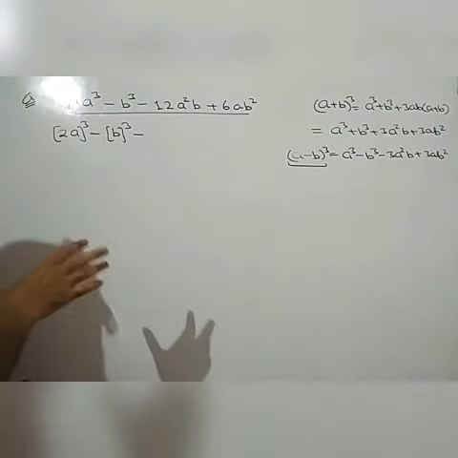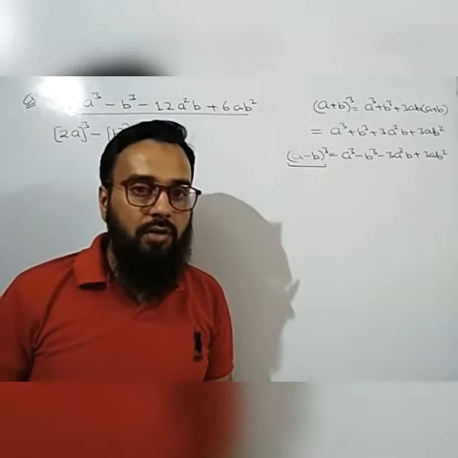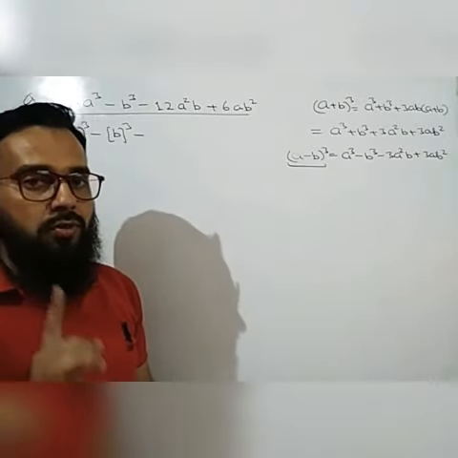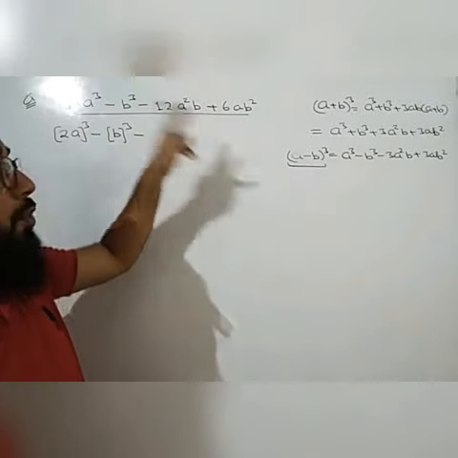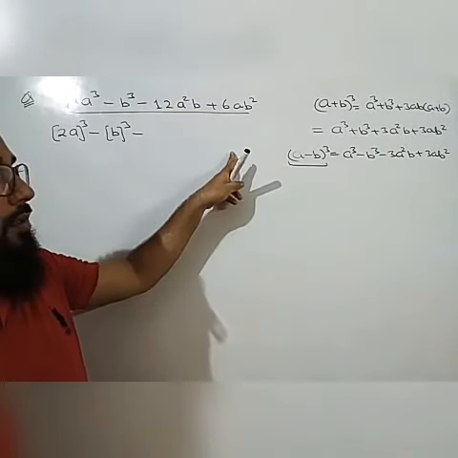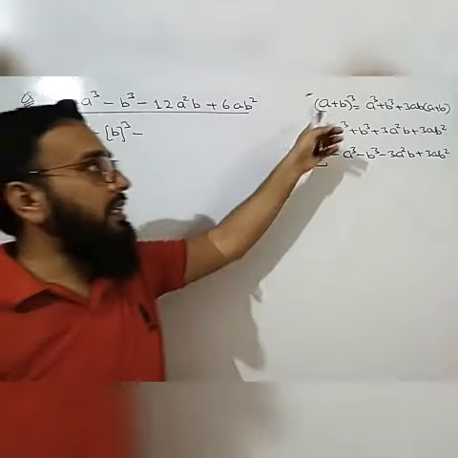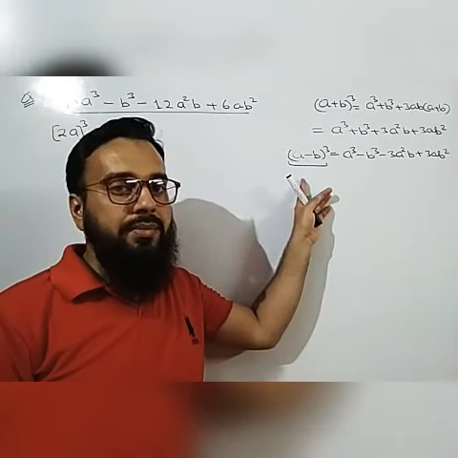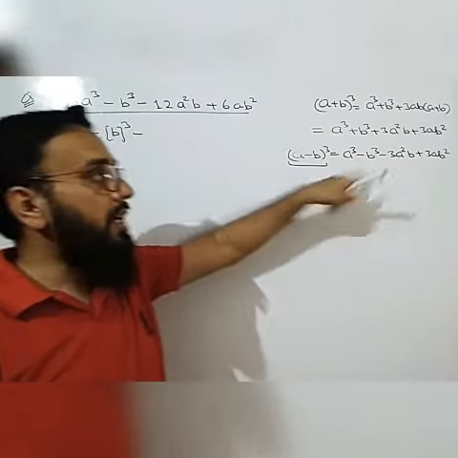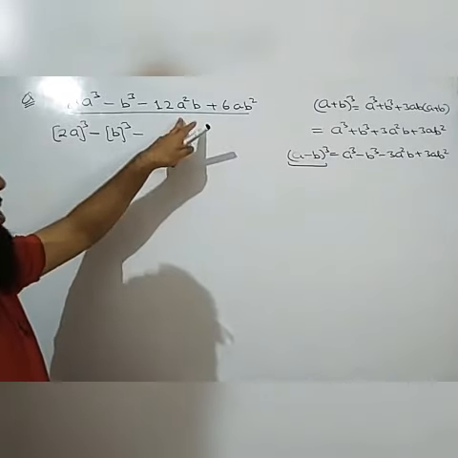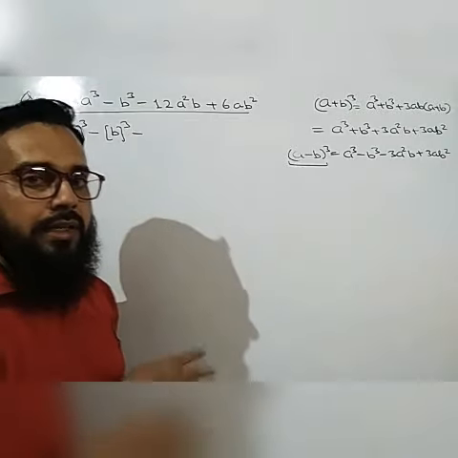These are the basic things which you have to check first. Then only you will be able to solve the question. First you will check that there is a question of cube and there are four terms. So you will first check all these four terms and compare them with the given identity. You know the identity well. Then by comparing with the identities, we get that we can convert this question in terms of a minus b whole cube. Now, how will you convert? That is the main point.